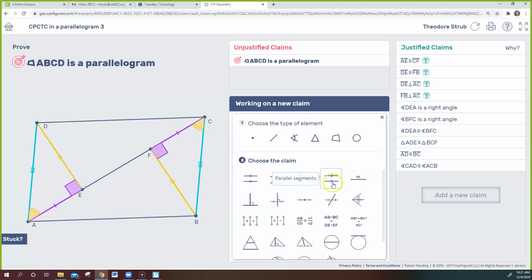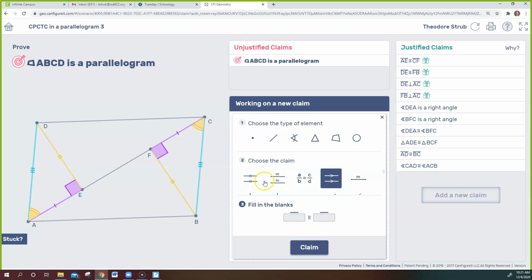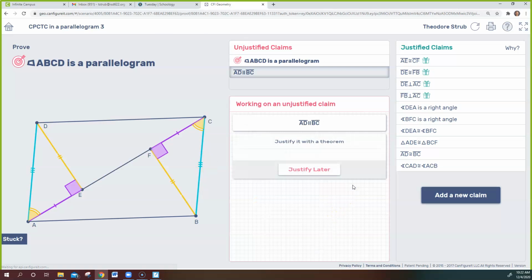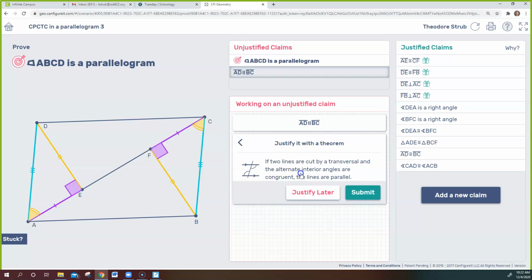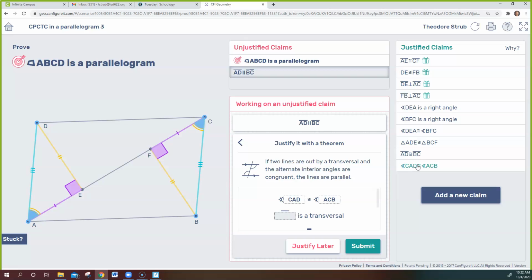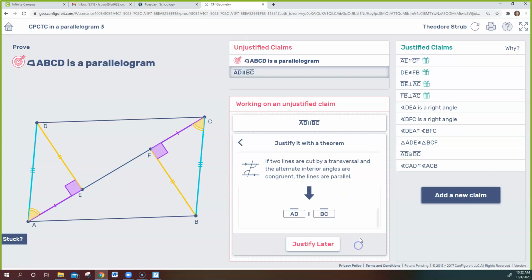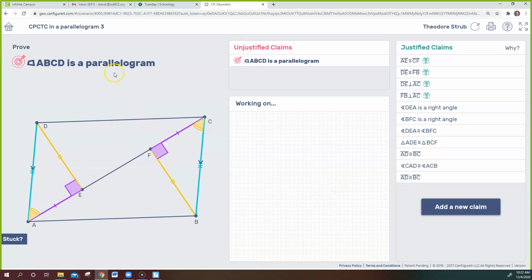So I have to find one that says parallel. And I want to show that AD is parallel to BC. I'll click claim. And how do I know that they were parallel? Because we had the Z, alternate interior angles converse. And then which angles were those? Those were the ones I just proved before. And then I have to state what is the transversal, and that's the long length AC. And that'll prove that my lines are parallel. So I have a pair of sides that are both congruent and parallel, and that is enough for me to prove